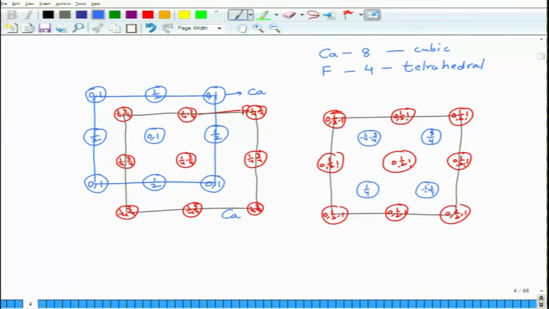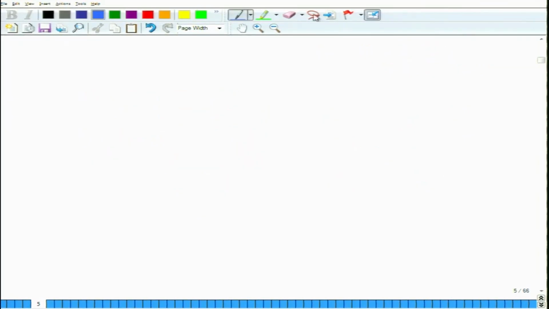So, we can take only one of them, we do not have to take both of them because one is below the unit cell, another is within the unit cell. So, this position you can modify as only 3 by 4. So, basically you have 2 atoms sitting here at 3 by 4 and 2 atoms sitting diagonally at 1 by 4. So, when you construct that bigger unit cell, now you understand the bigger unit cell, you have